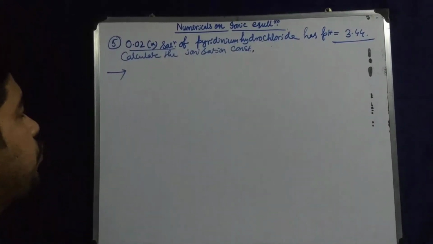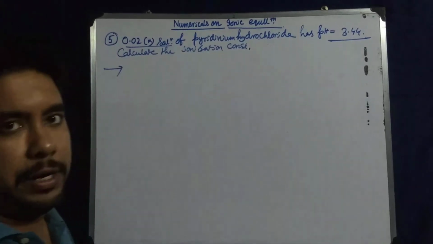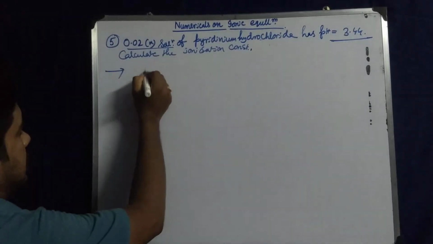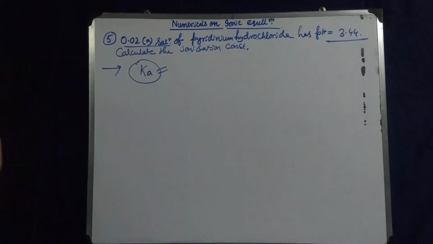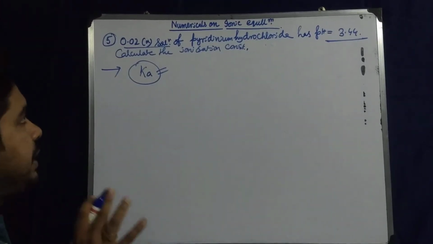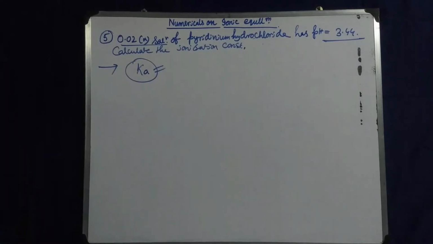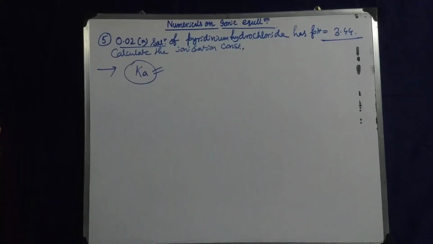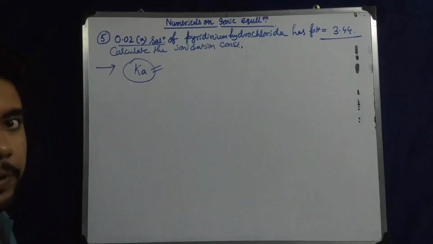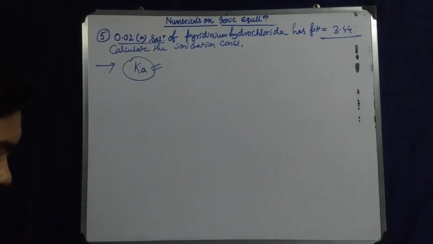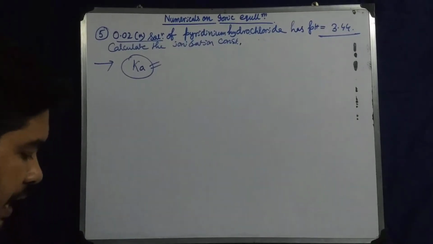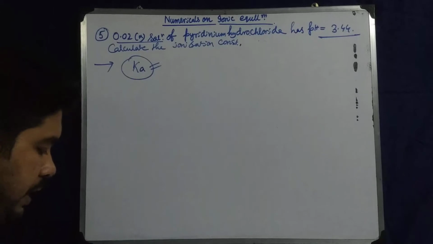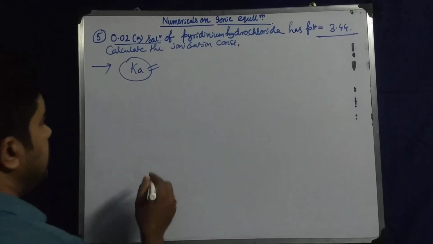So now what do I have to do? Ionization constant is what actually? We know that ionization constant means Ka. We need to calculate the value of Ka. That is our goal. So how to do it? Pyridinium hydrochloride is not a simple thing, it is a salt. So we will again go for the salt hydrolysis. Our salt is actually pyridine plus HCl. That is our salt actually. Yes, pyridinium hydrochloride is given. This is a salt. That's why it is given.